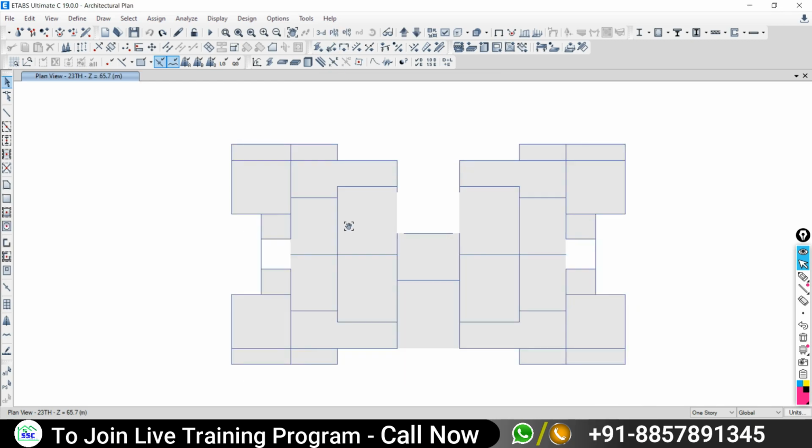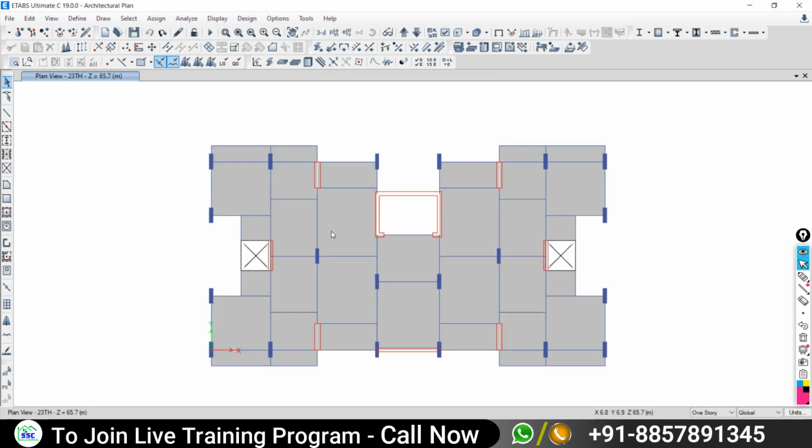So a total of 30 floors are there. Now I have to select the slabs of, sorry, I have to select the slabs of 5th floor only, and 10th floor only, and 15th floor only. Tell me what I have to do. I have to select all the slabs of 5th floor, 10th floor and 15th floor.